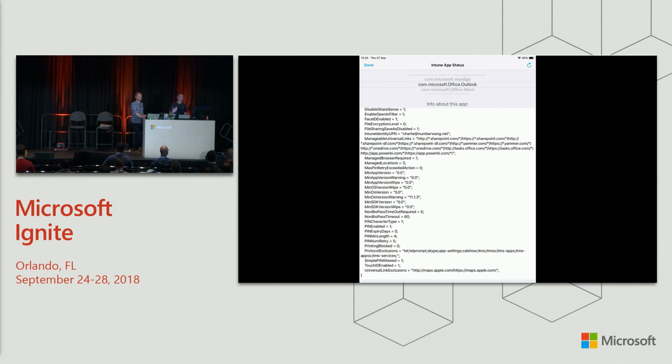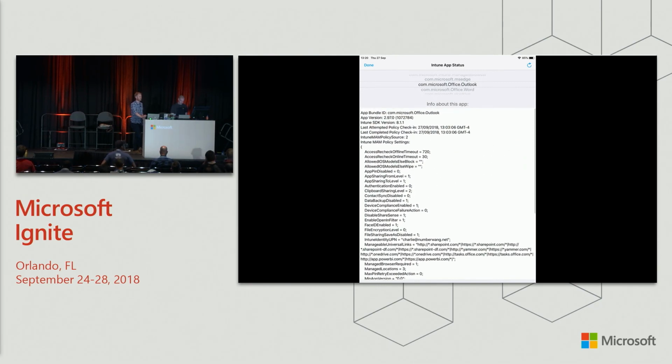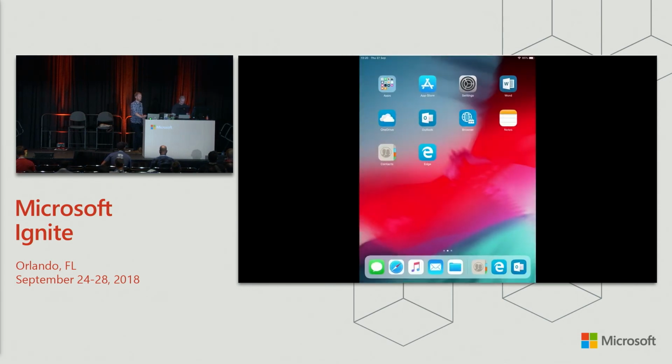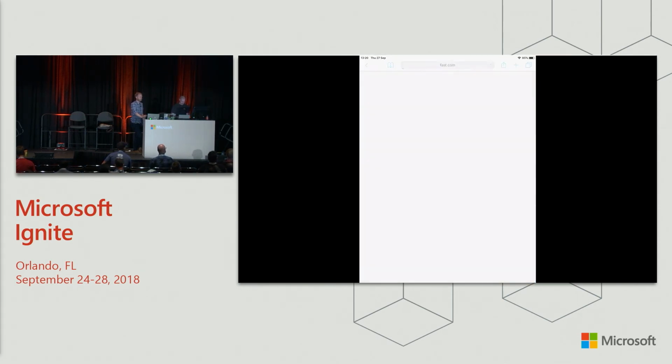So let's say you've got multiple policies being applied to the app. This is what's actually going to happen. So we can see here, these are all of the different commands that have been put in that policy. Now, some of this makes sense. So it makes sense if you work with APP a lot. Some of it might not. So to help with deciphering this, Matt has created,